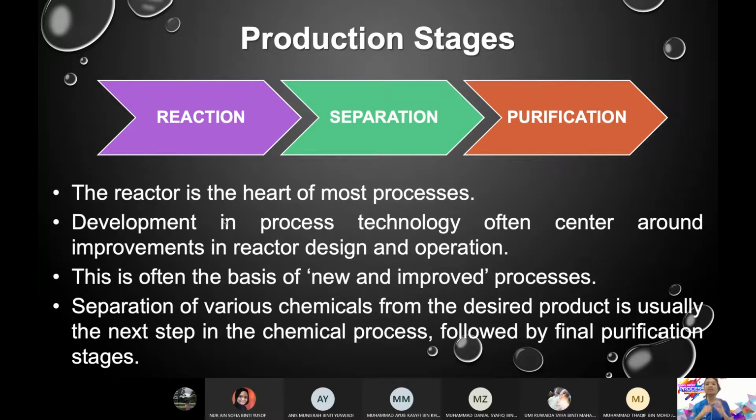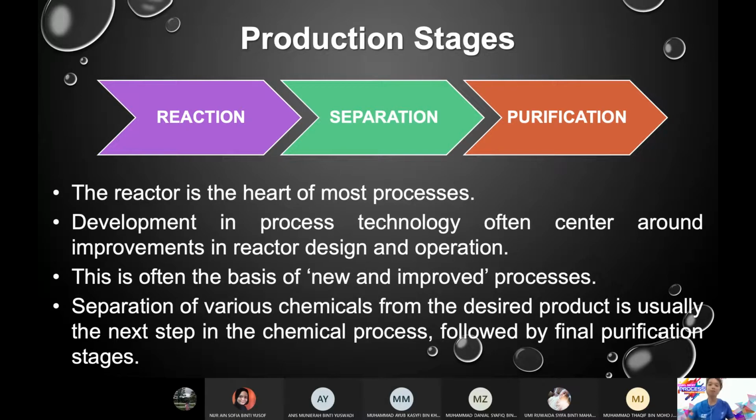Boleh. Next stage, separation. Separation pun you have learned in separation, right? There's a lot of separation equipment. So let's say mula-mula dia guna separator. Separation dia tak bagus. Kamu nak guna let's say distillation column. Boleh je. So you modify. Then next stage, purification, so on. So most of the time, itu yang kita buat dalam design project 1, kita modify sahaja daripada plan yang dah sedia ada. Okay, so maybe normally these 3 stage yang kita akan improve.